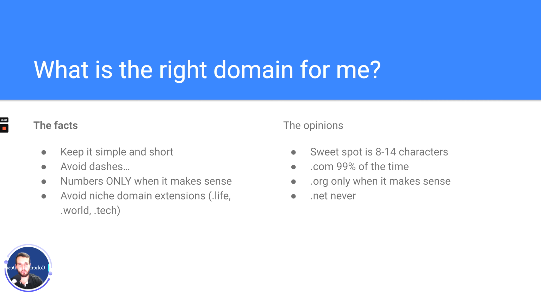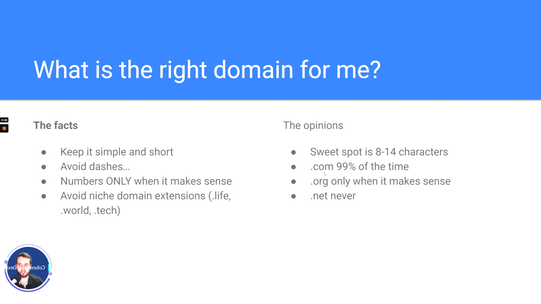You really want to avoid those. A lot of people won't remember them, especially growing up in the older generation, it was the .com. Everyone knew .com. So it's going to be like that for a long time. .com kind of runs the game there. And that's in the opinions area. So you really want to choose .com or .org mostly.